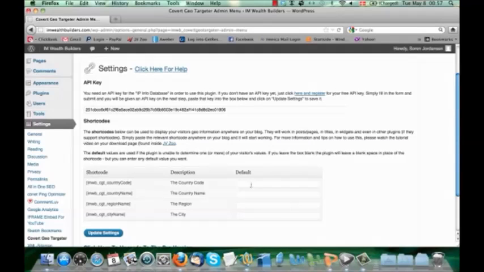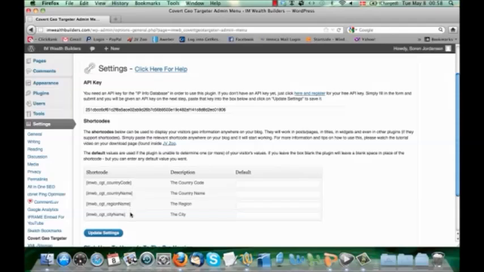They are for you to put in whatever you want in case the plugin is not able to determine one or more of these values. If you leave these blank, the plugin will just skip it if they can't determine it, but you can write whatever you want here as an alternative if you can't find it. But as I said, in 99.99% of the time, it will be able to determine all these values for all your visitors.